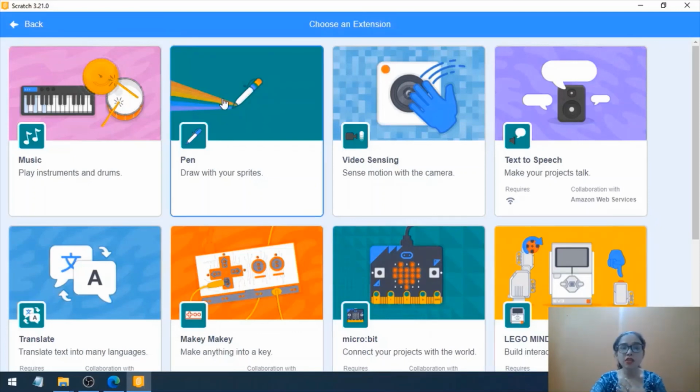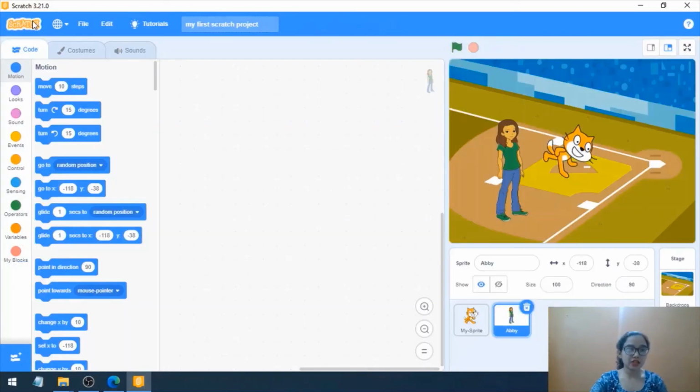You have the option of using pen, or you can play instruments also, video sensing also. There are many options which you can use, but they are a little on the advanced side of Scratch. So for applying all these extensions, you will have to wait a little bit and get yourself fully aware about what is this Scratch.